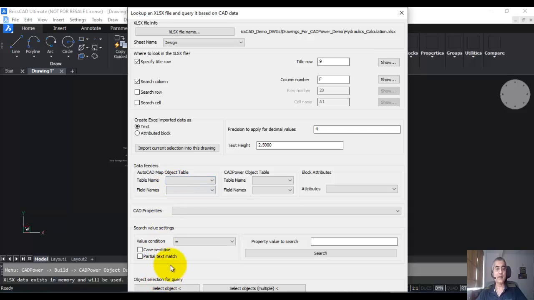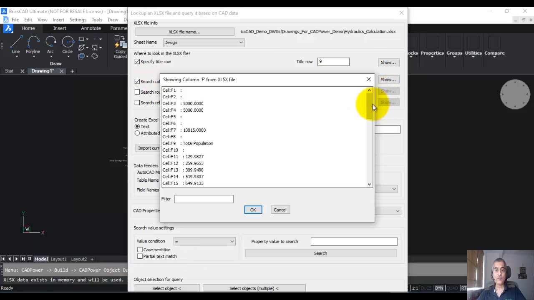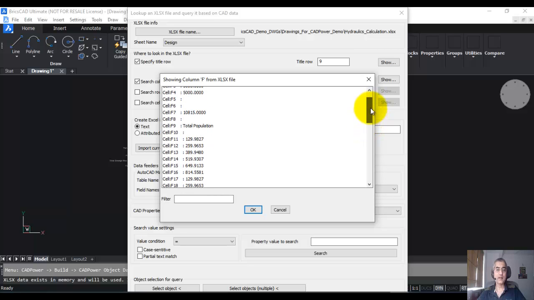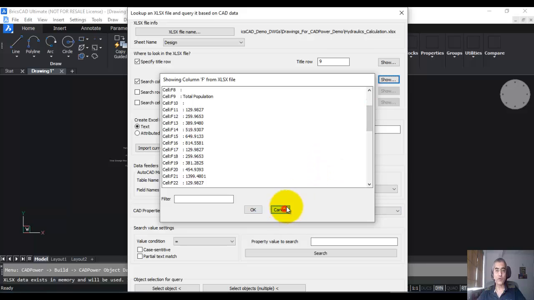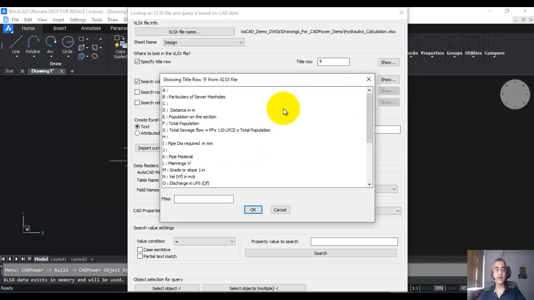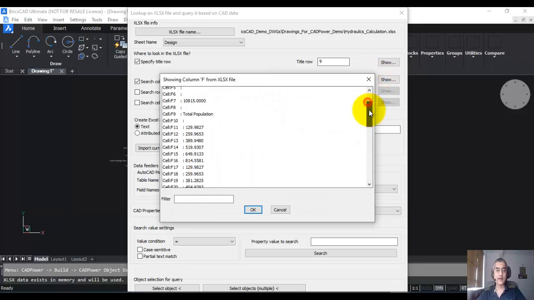So we start this command again and I'm going to run a query on the Excel sheet. To run a query on the Excel sheet, I need to specify the query parameter. I want to search the column information, so I'm going to click on this. If you look at this, you can see that in the F column there are various values. So what is the F column? You can just go to the title row and find out. That is total population. So we go to F and you can see the total population is written here like 129, 254, whatever it